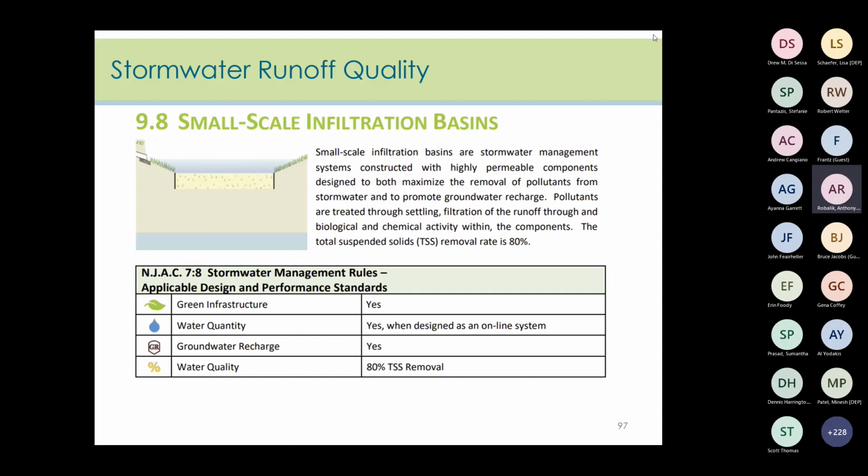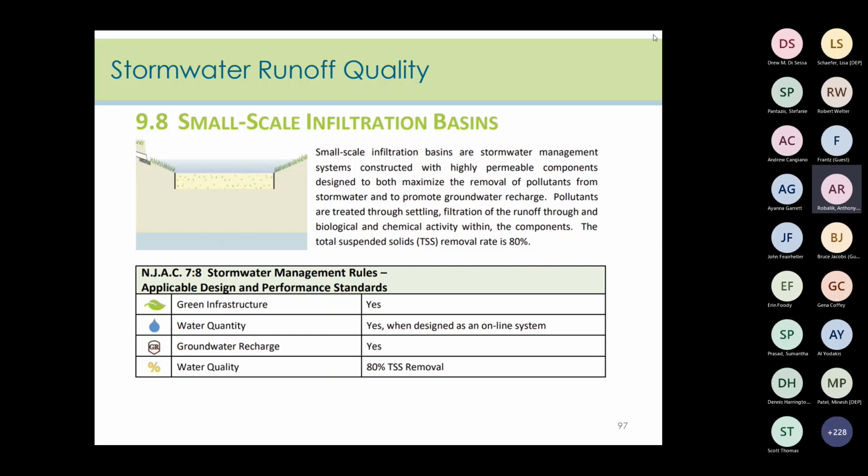So every BMP in the manual has a summary page or pages. This is the page for small-scale infiltration basins. The paragraph at the top describes how the BMP functions to remove pollutants and lists a TSS removal rate. The table shown below the description lists whether a BMP can be used to meet each of the design and